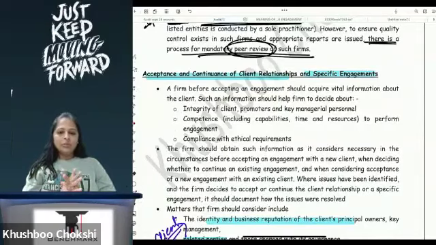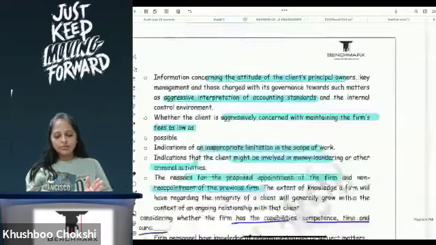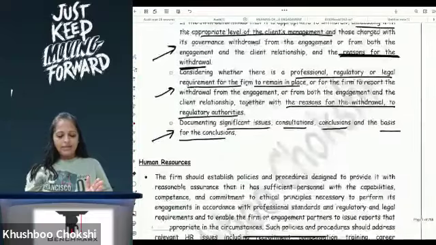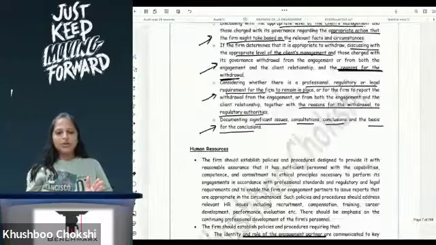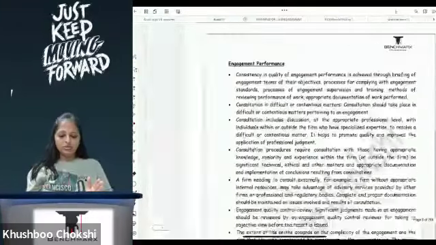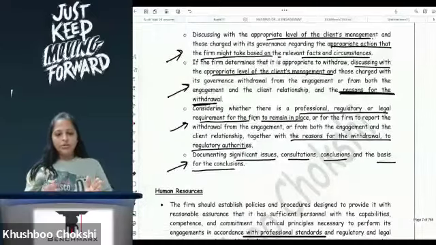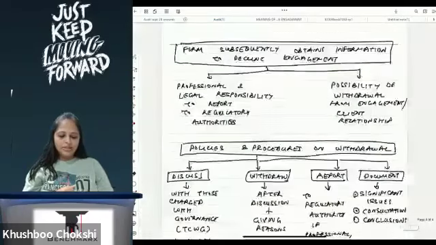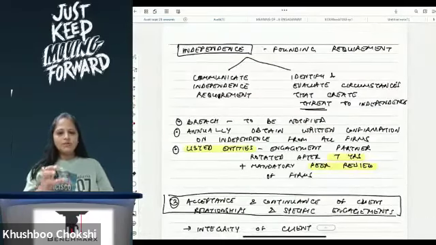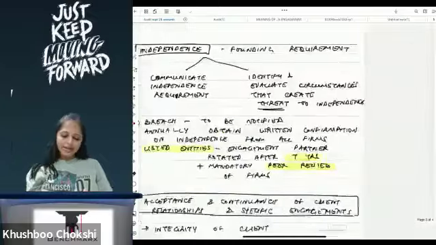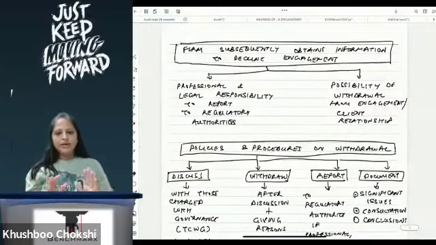And tomorrow before you come to class, please ensure that you read the textbook till here, whatever we have done, and see if you have any questions or doubts, anything you've not understood, which we can do again tomorrow. And also go through the notes. These notes are written in the shortest form possible, which will help you remember this and the main bullet points in order to write the answers. So the writing part for this particular topic we will do tomorrow.